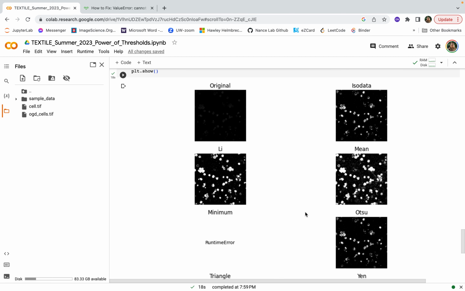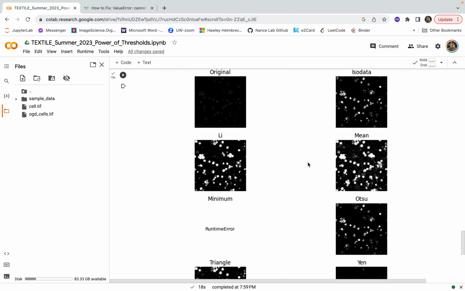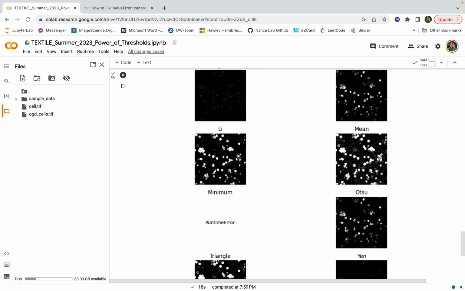This is our thresholding. These are algorithms that exist. They're really common algorithms for thresholding. I think Otsu